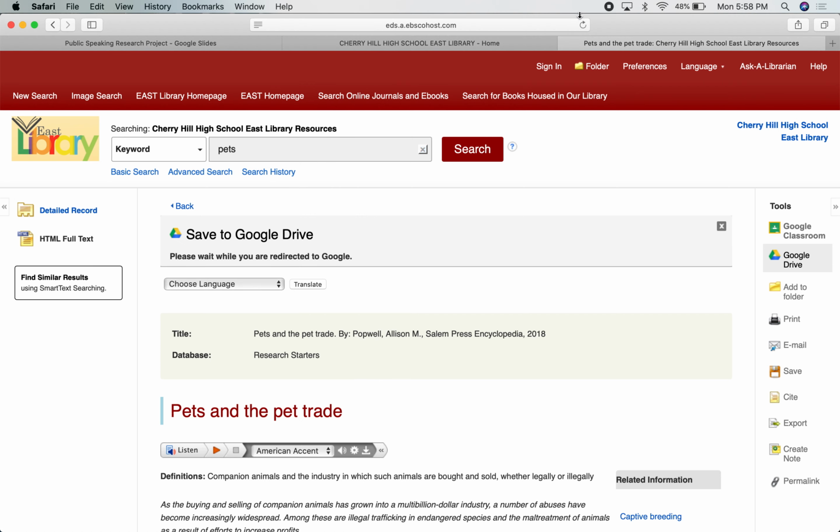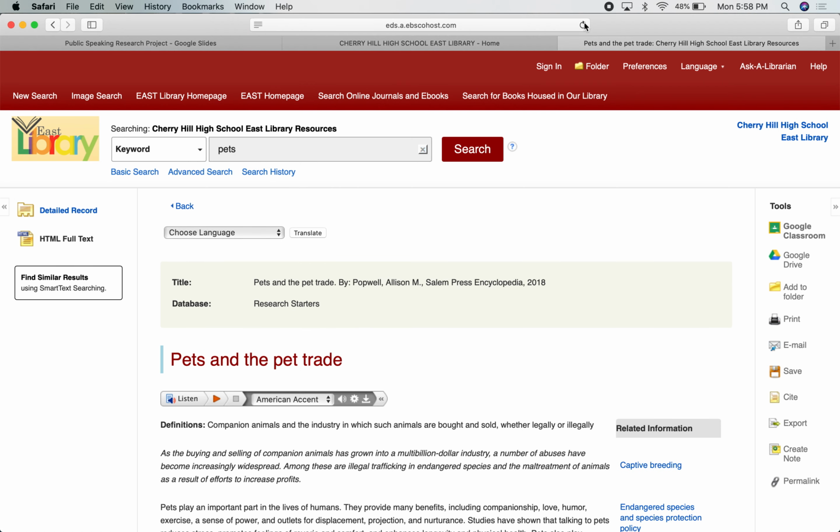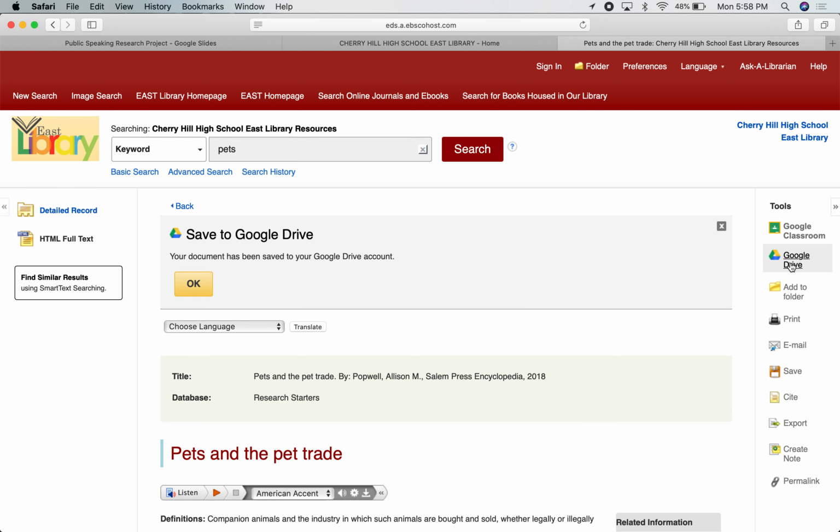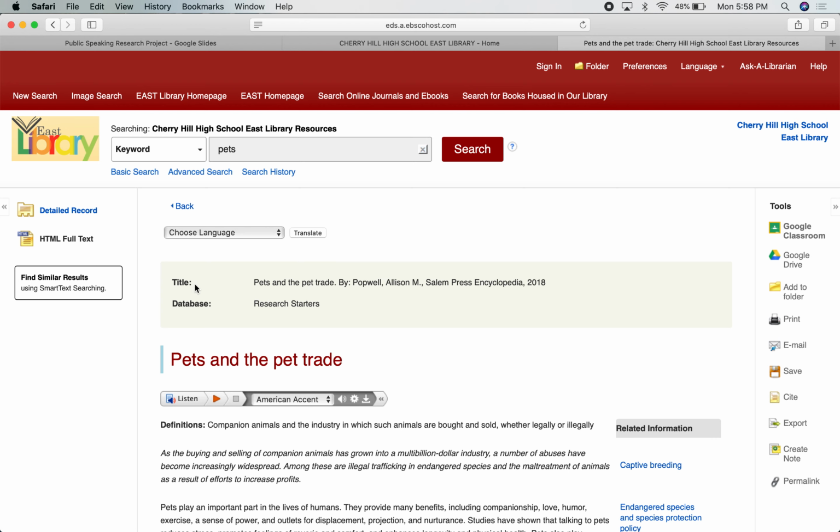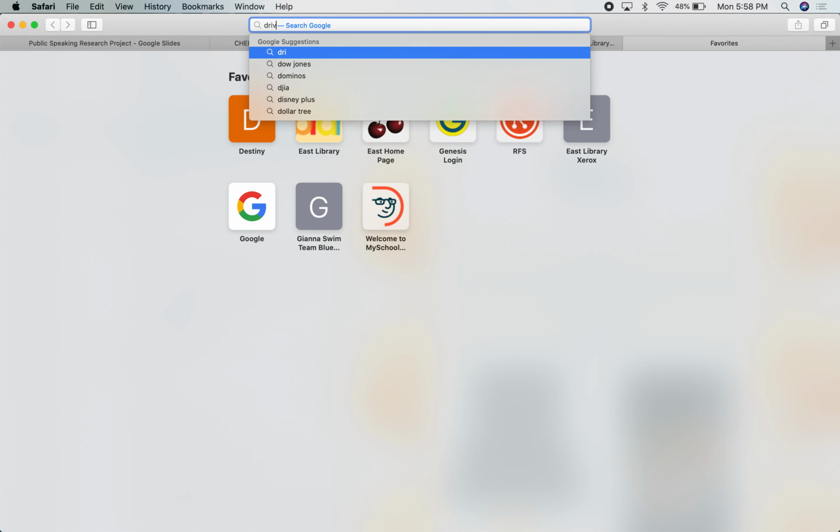As I said, I've already done that. Let me just refresh my page here so that I can now go into Google Drive, and you'll see I get a message that says save to Google Drive. Your document has been saved. So I can just click OK here. And if I open a new tab and go into my Google Drive,